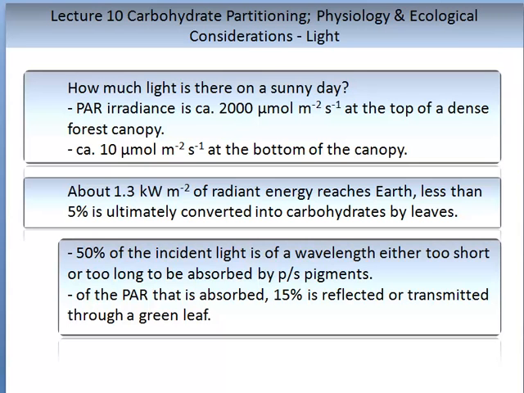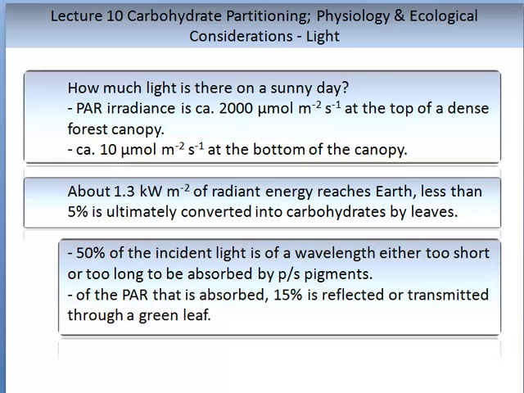So 50% of the incident light is of a wavelength either too short or too long to be absorbed by the photosynthetic pigments. Of the photosynthetically active radiation that is absorbed, about 15% is reflected or transmitted through a green leaf. That means it either bounces off the leaf, is absorbed in the middle of the leaf, or travels all the way through the leaf